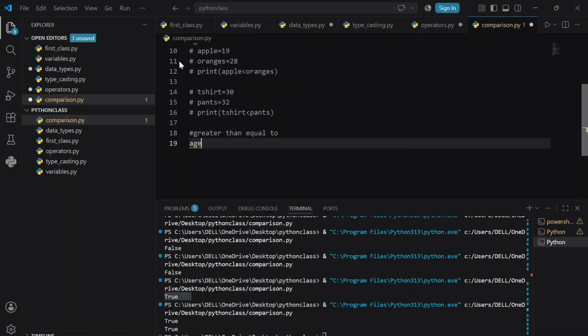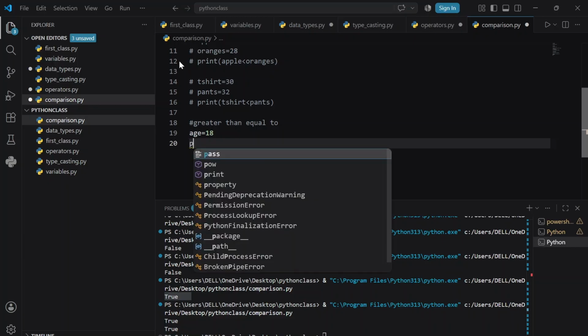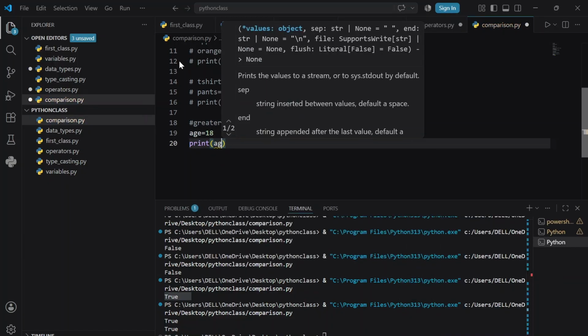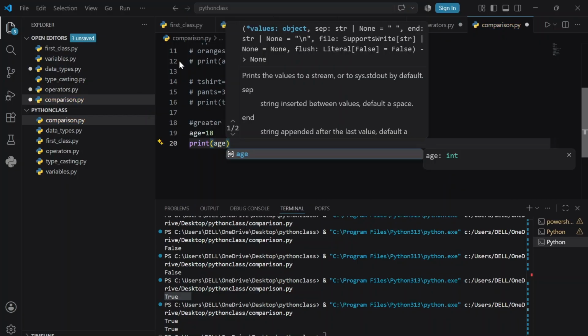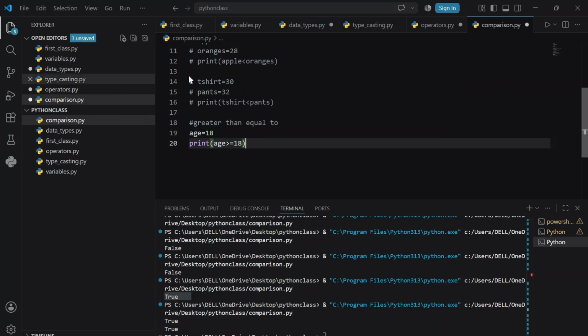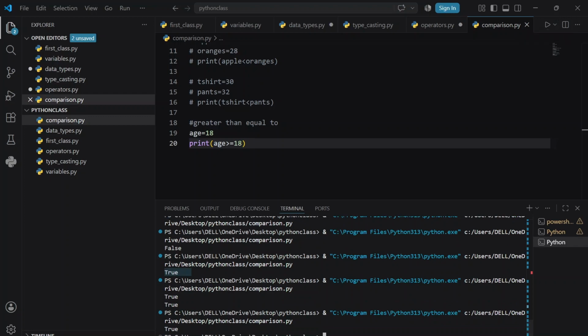As we know, for voting, the legal age is 18. Now I'm going to print that age be greater than, equal to 18. Now tell me what we are going to get as the answer. Print, and as you can see very well, we are getting true. What happens if I change the value here? If I take the value 17,